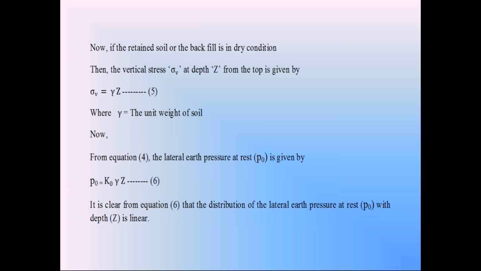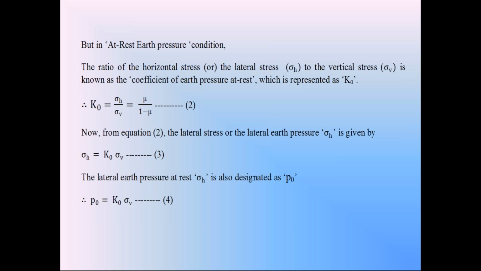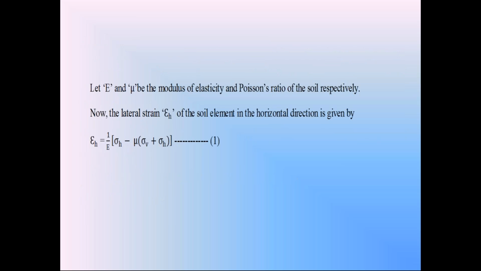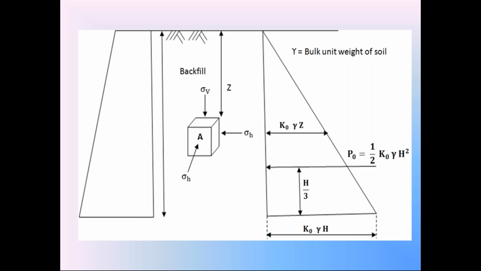So like that, in the at rest condition, I am changing the slide. I am going to the previous diagram. Please follow the diagram on the cell phones. We discussed the diagram in the beginning. This is the diagram. Check this distribution on the diagram. This is the distribution of at rest horizontal earth pressure acting on the backside of the retaining wall.